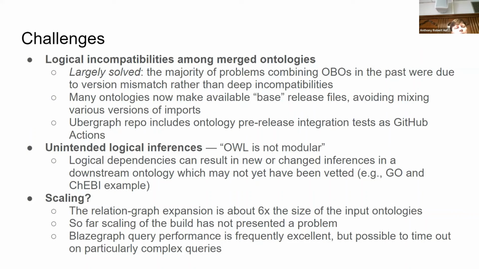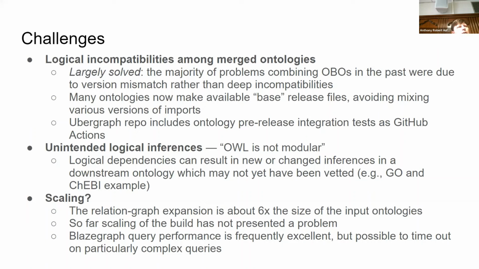And a lot of the problems really were version mismatch, where one ontology, like GO, would have a piece of Uberon that it had imported maybe a few months earlier. And then if you combine that with the latest Uberon release, there are just different versions of Uberon, and there's some change that's incompatible. But it's kind of happenstance with which pieces and what time these import files were made. And so a lot of OBO ontologies make available these things we call base releases now, which are just the axioms of that project and don't include imported axioms.